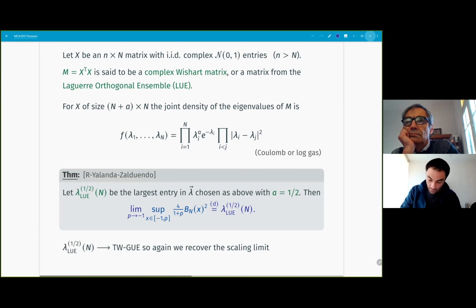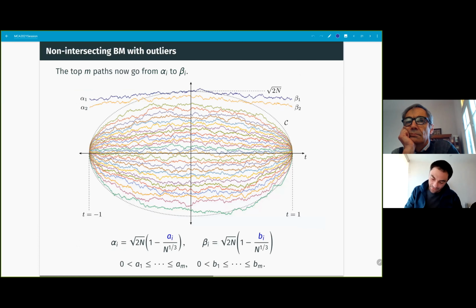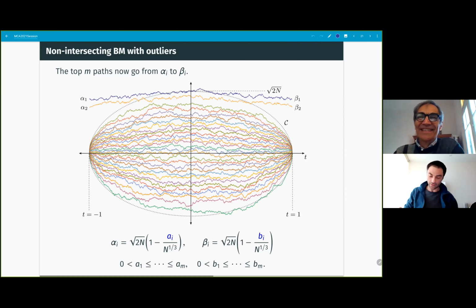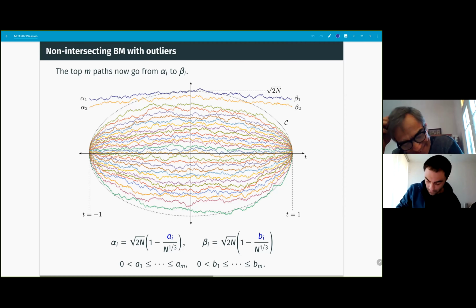Okay, so time has gone faster than I thought, so I'm going to very, very fast try to explain the last model. Paulo, I have a couple of minutes left? Okay, 3. Okay, so, fine. I'm going to explain this very briefly then.